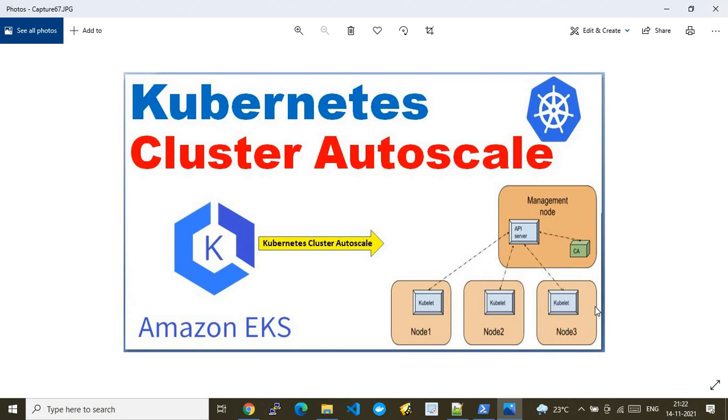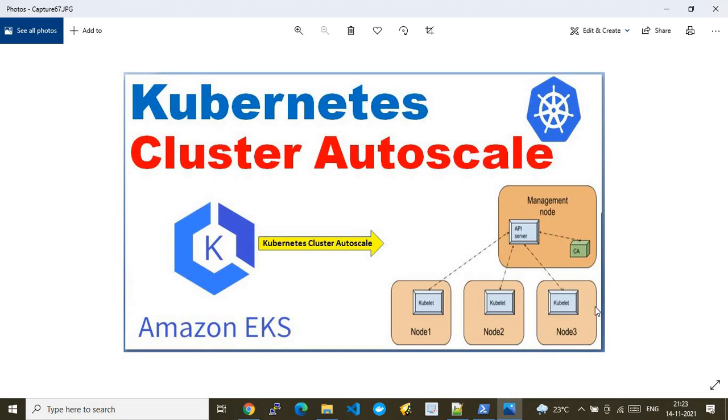That is HPA. But there is one more case where, even though the number of pods keeps increasing, the underlying hardware resources, for example the CPU, memory and disks of the nodes in a cluster, can get completely occupied. In that case, resource throttling issues might occur, and the application might hang for some of the customers. So the cluster autoscale concept comes into the picture. It is a second layer of availability configuration that you can set up on your EKS cluster so that your application becomes highly available at the next level as well.